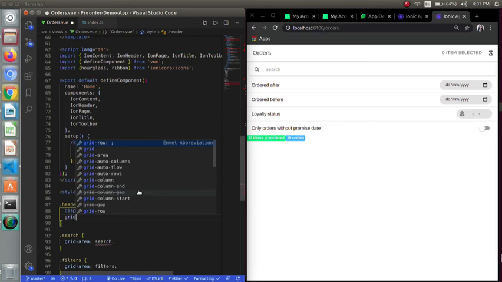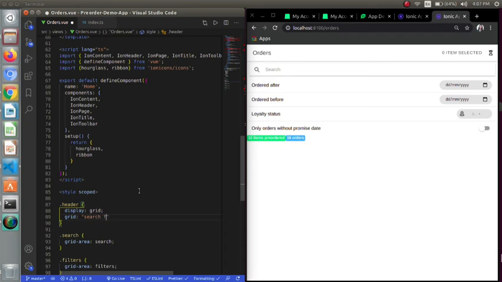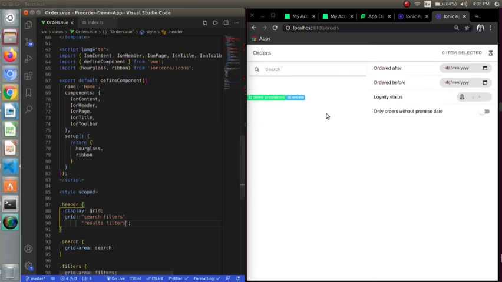It will contain the search bar, then the filters in one row, and secondly results and filters. When we save it, we are getting this. Now we will give some area.